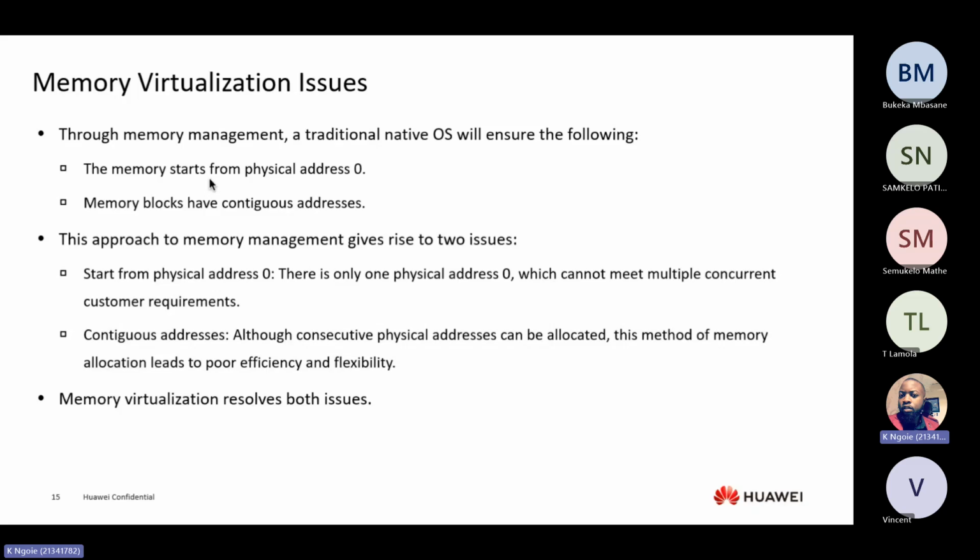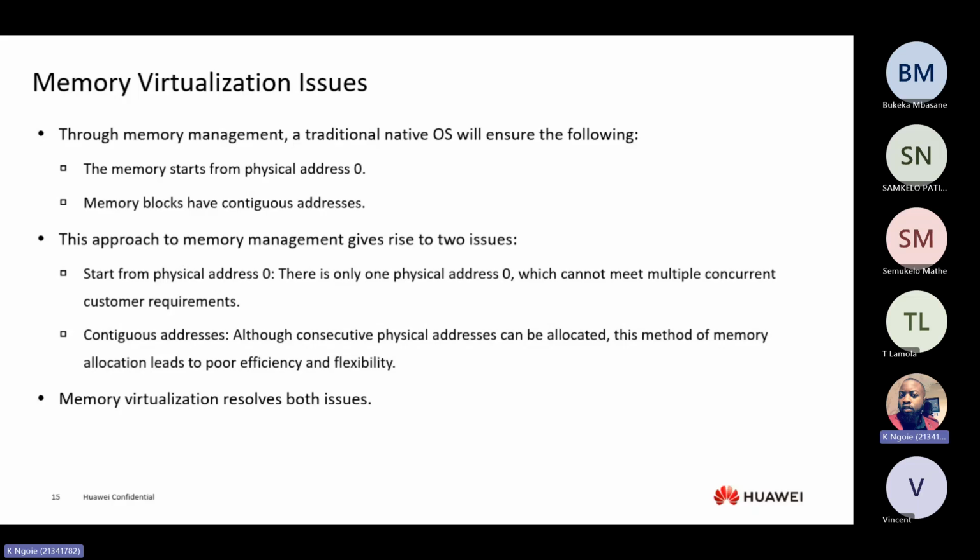So this is one of the issues: the memory starts from physical address 0. All these guest operating systems will start the memory from address 0, while there's only one address 0, which cannot meet multiple concurrent customer requirements. If all the guest operating systems tried to use physical address 0, they would overlap and corrupt each other's memory, which would crash the system. All right. So the second problem that we're having